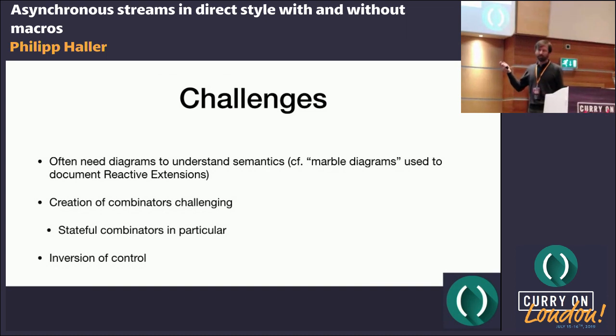Particularly if these combinators are stateful, like a windowing combinator or stateful filters, I don't know. And finally, of course, we program in a style that uses inversion of control, where basically we're constructing a computation, and then we leave it up to the runtime system to execute it, right? To schedule the computation according to the events that run. So it's quite different from running a sequential program on, let's say, the current thread of execution. It's a very different way of programming.